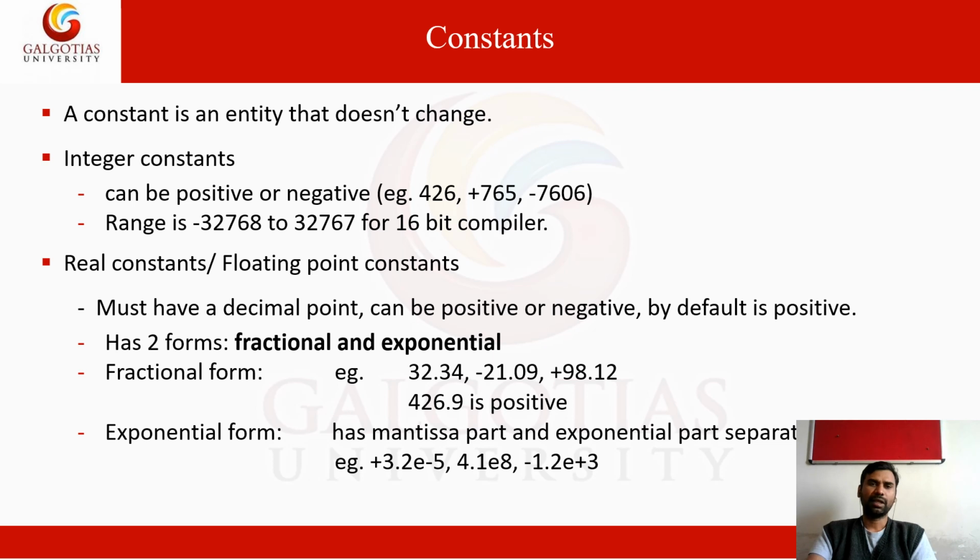Identifier is another word for variable. Constant, as already told, is a number that cannot change. For suppose the value of pi is 3.14. This is a constant value, and we cannot change it. Any constant can also be defined this way. A constant is any number that cannot change, and it gives whole numbers, but variable names are alphanumeric or alphabets, like a word. You can use identifiers as variable names.